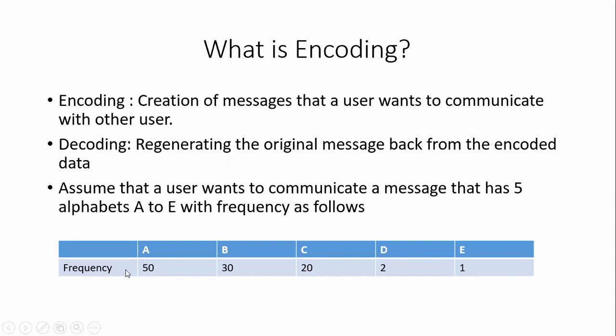It means that the letter A is appearing 15 times in my message, but it need not be continuous. It can appear in different places. If I count how many times it is appearing totally, I'm getting the frequency as 15. Likewise, for every character, I am assigning a frequency based upon the occurrence of that particular character in my message.